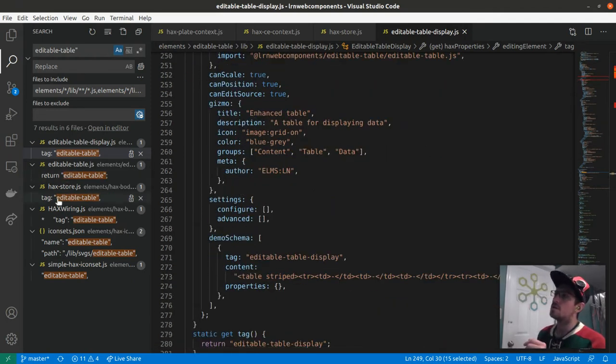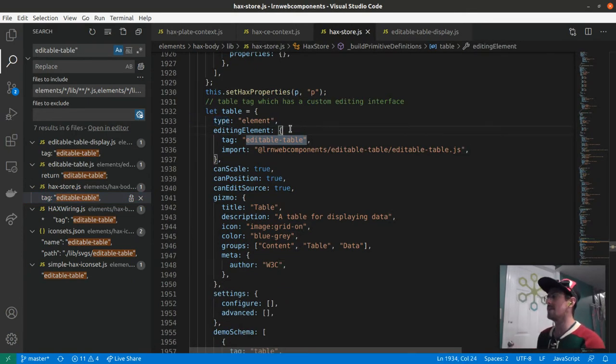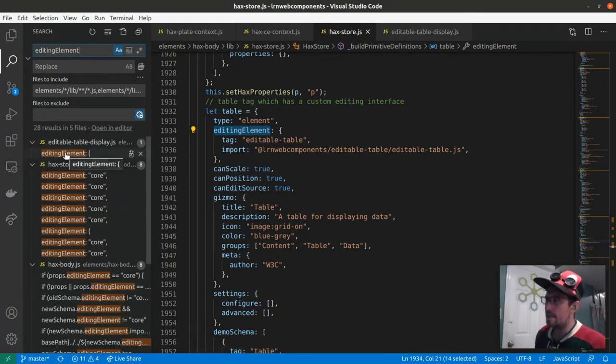Okay. So what's changed here is one, I added, there's now types. We're not fully implementing type yet, but type allows you to say, this is a grid type of element I'm supplying, or this is an element like for general display. The default is element. The big deal is editing element. So editing element says, this is the tag that can edit me, and here's the definition of it. So using our same import lazy on demand import system that we've been using for everything else, it injects the editable table tag. And the way it injects that is it goes into the store,